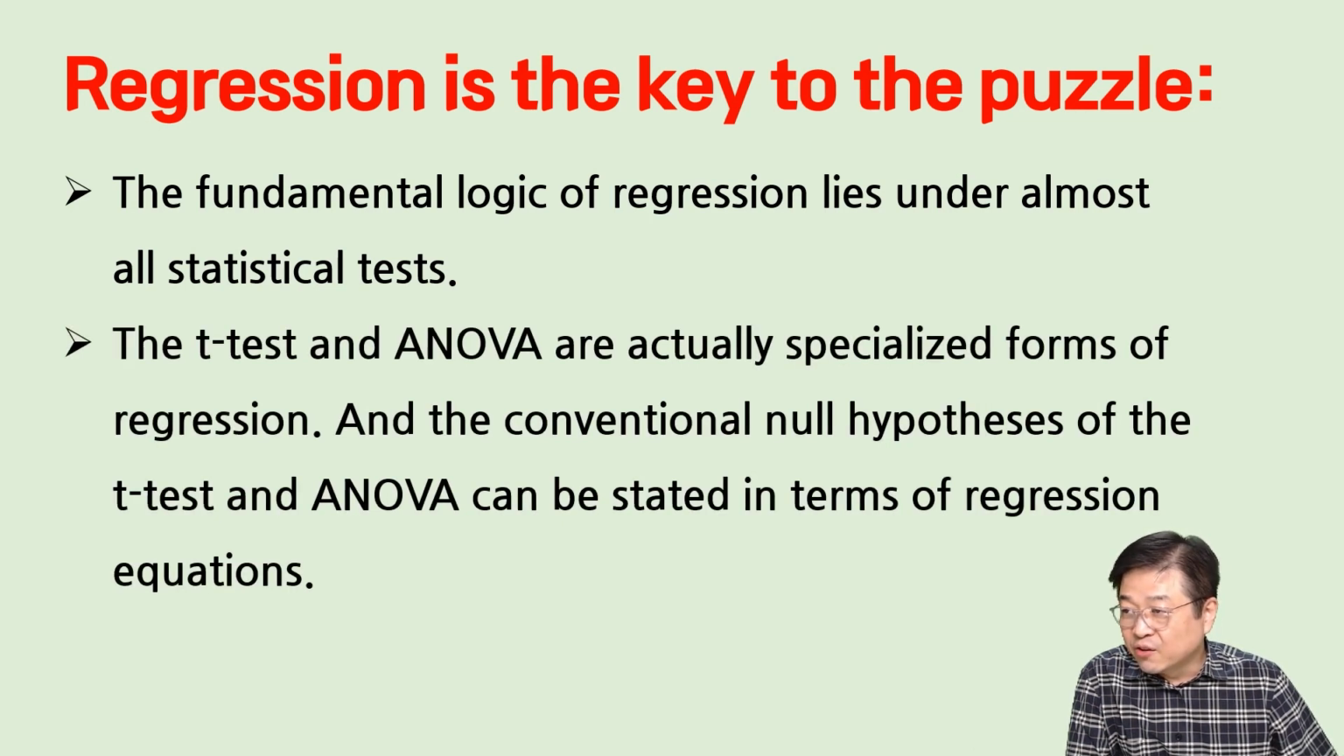The t-test and ANOVA are actually specialized forms of regression, and the conventional null hypothesis of the t-test and ANOVA can be stated in terms of regression equations. This is a very important theoretical topic, but I can't discuss this topic any further, so for the topic of